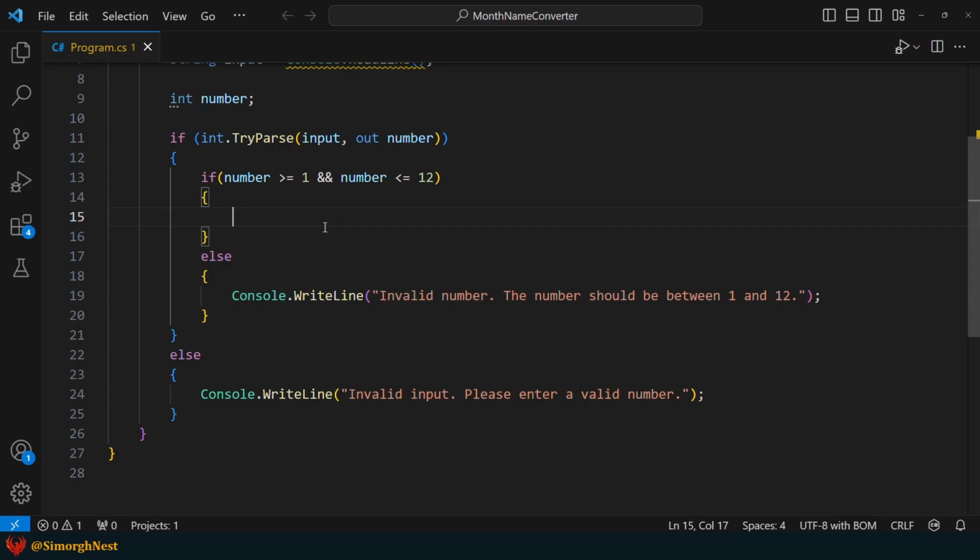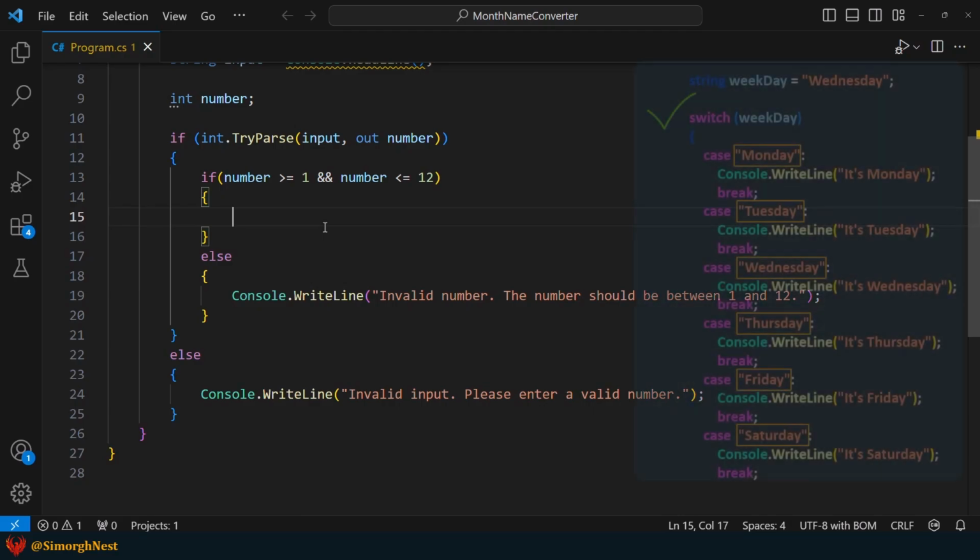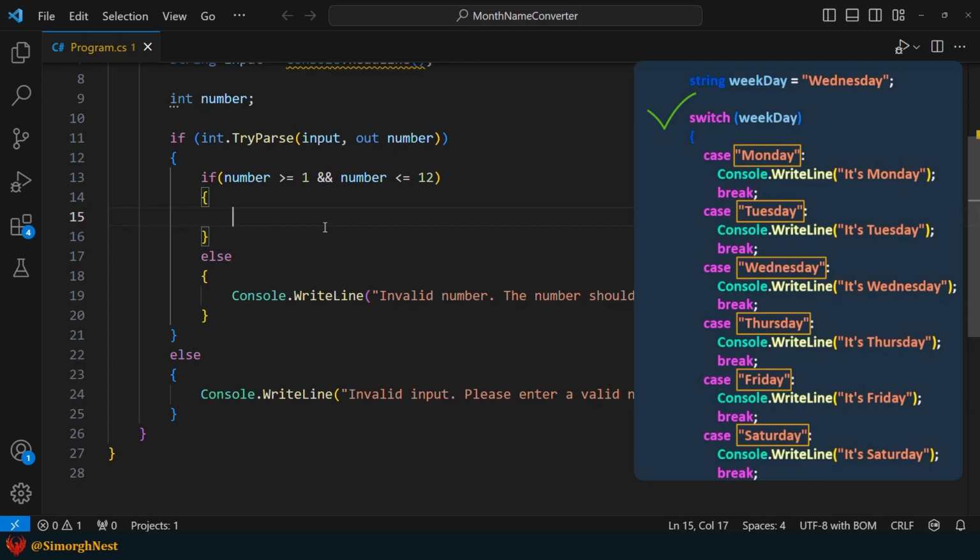Now, to determine the month name based on the number variable, we can use either the if statement or the switch statement. In this case, using the switch statement is a better option because the switch statement is suitable when there are multiple fixed and distinct values to compare against. And in this application we have 12 fixed values from 1 to 12.